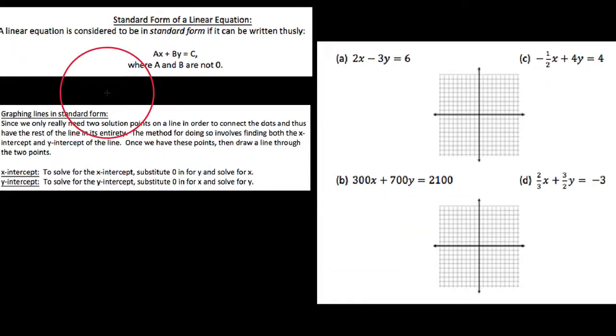This is my second video on graphing linear equations, how to do it quickly. In this one, we're going to focus on how to graph lines whose equations are listed in standard form. In the last video, we talked about what we refer to as slope-intercept form, which is this y